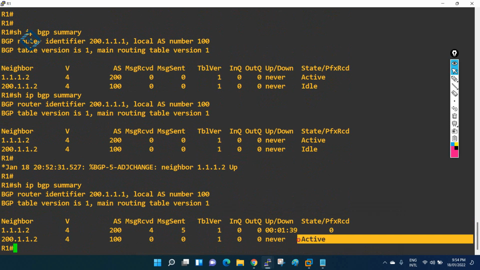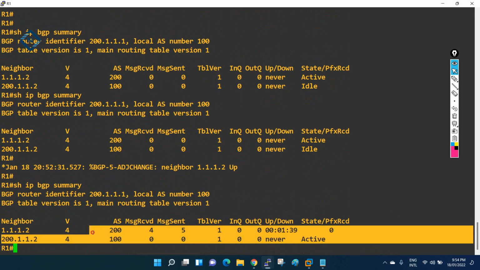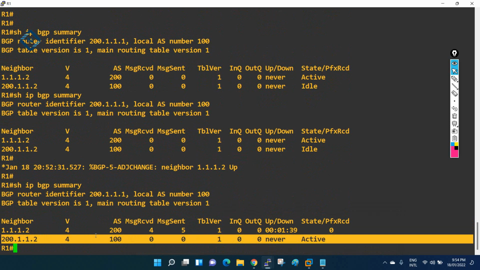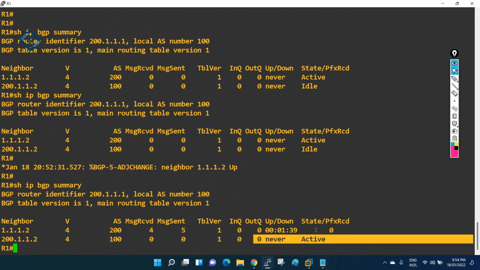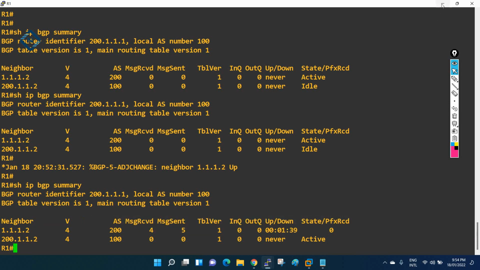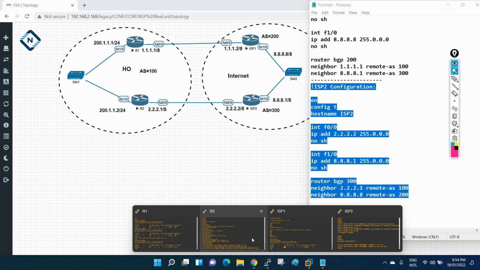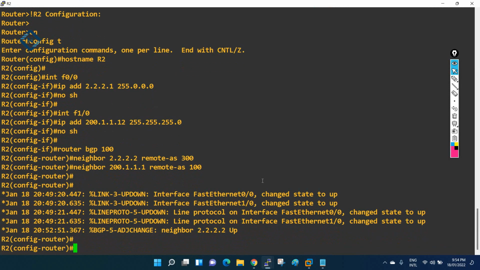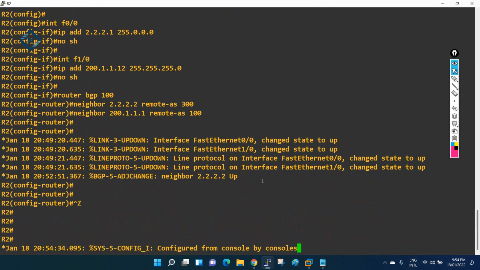Here we have some issue, still we have the active here. Okay, here we have the active, so we need to do troubleshooting for this one. This route is okay, no issue here. So now let me go to R2 and check what we have in R2. I will go here, I will check here show IP